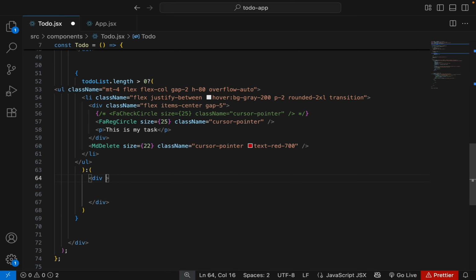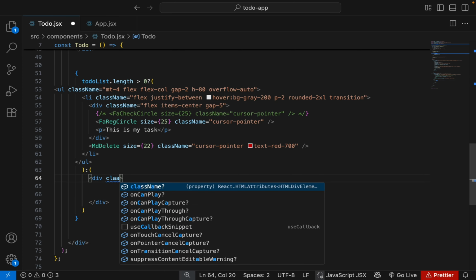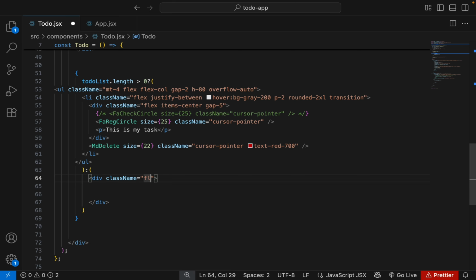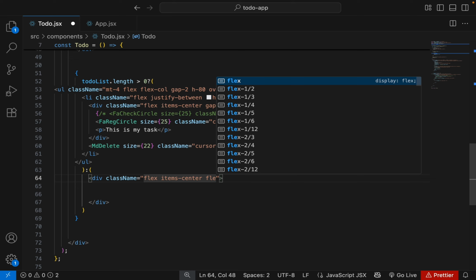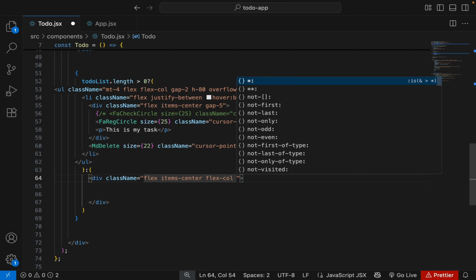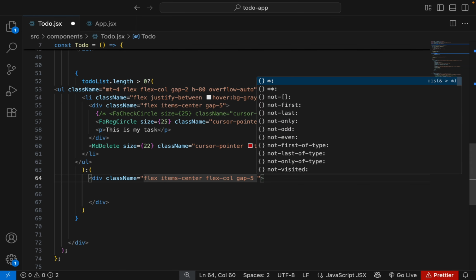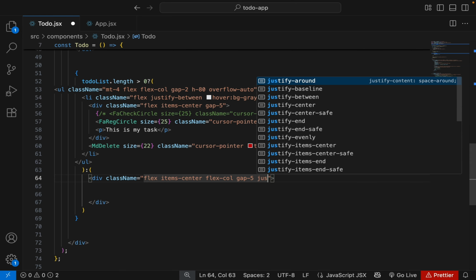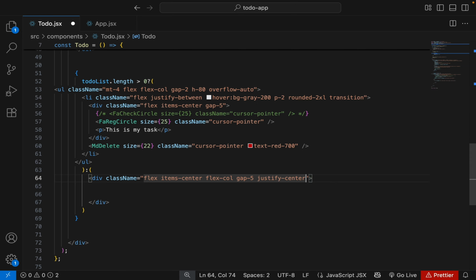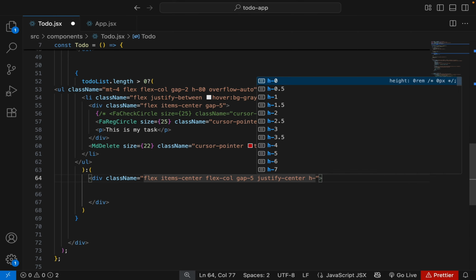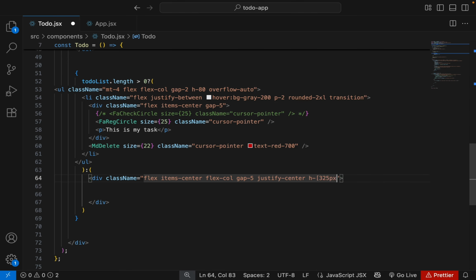Then add some CSS classes to this div. Flex item center, flex column, gap 5, justify center and height is 325 pixel.